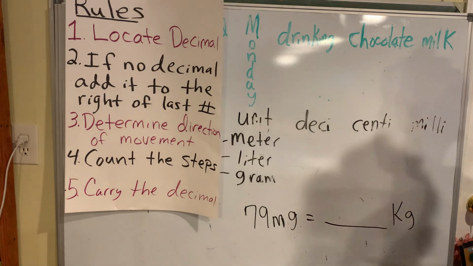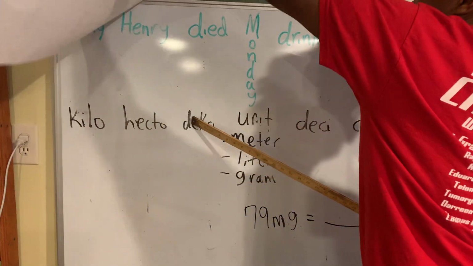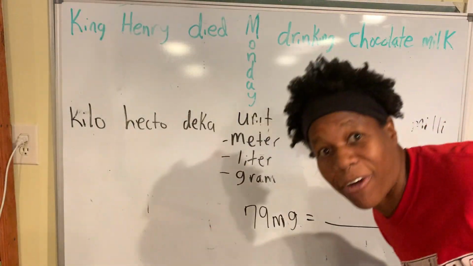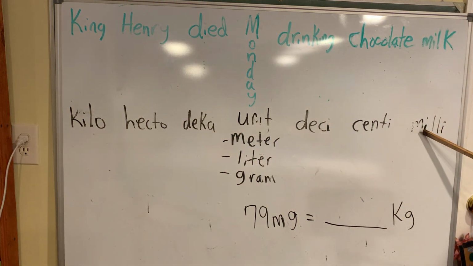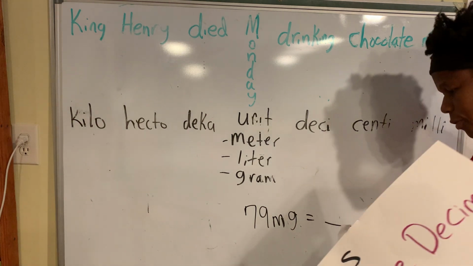Oh, where's kilogram? Where is that kilogram? Oh, you're hiding. He's hiding from us. Okay, the kilogram there. There you go. So here it is. So we're going to start here. We go, oh, let's look at the rules first. Almost forgot. Got to follow the rules.